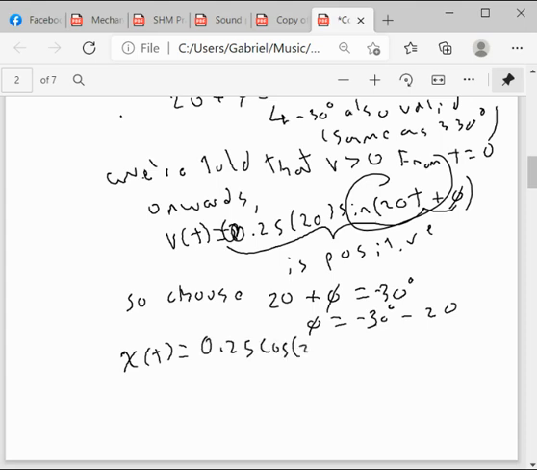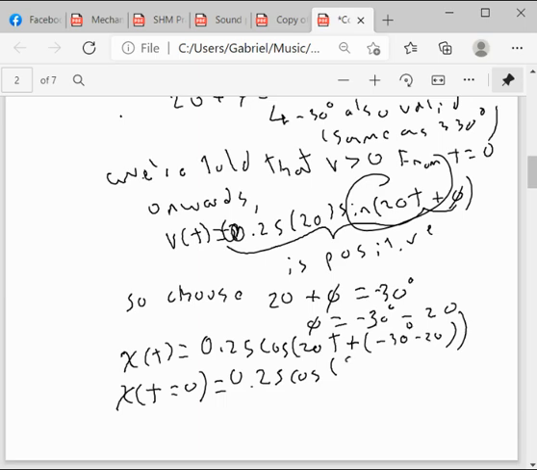And with that, then we can essentially plug everything in to get what the formula is at t is equal to 0. The only thing though is that we can't actually have 30 degrees in the formula because it's set up to work with radians. So we actually need to turn this to radians, which would be 5 pi over 6